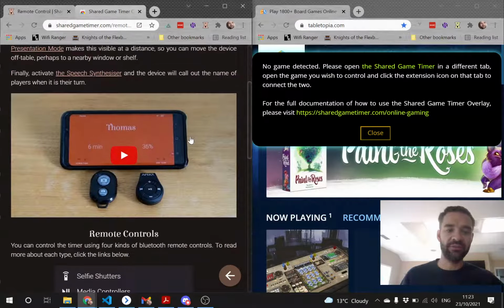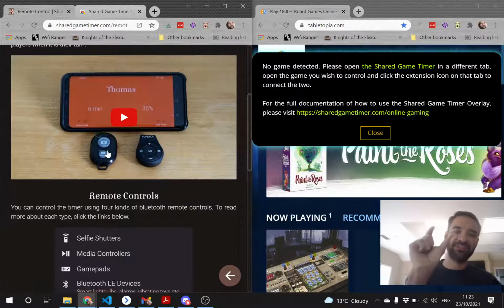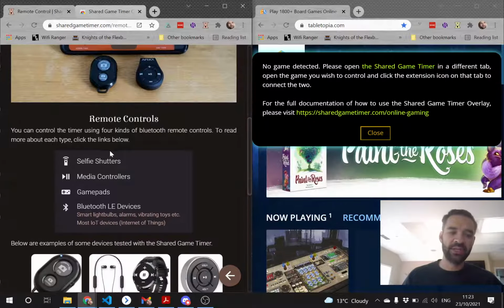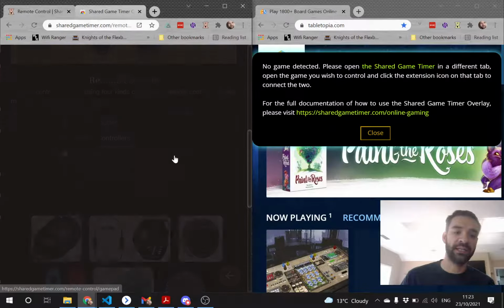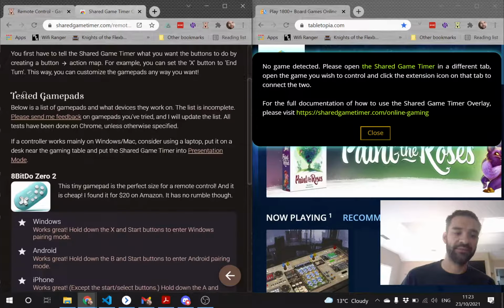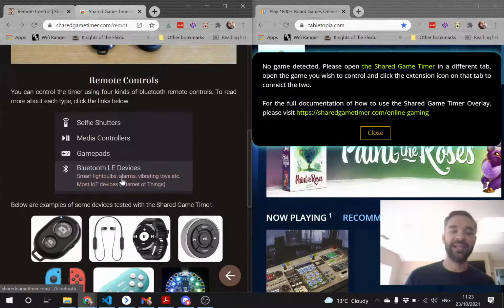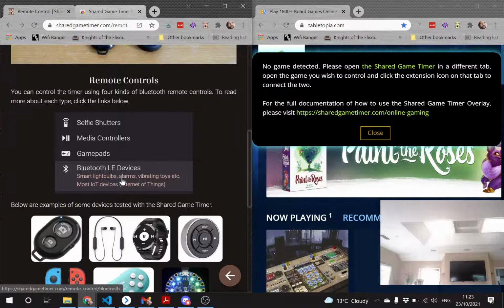And I have a little dedicated video for this, but you have these cheap little selfie remote clickers that you can use. You can use a Bluetooth headset, and the play, pause, skip song buttons will do the same thing. You can attach a little Bluetooth gamepad, and I have an example here that works really well. This little blue gamepad here works really well. It's super tiny. And you can also hook up little Bluetooth LED devices, Bluetooth LE, low energy devices, to do things like